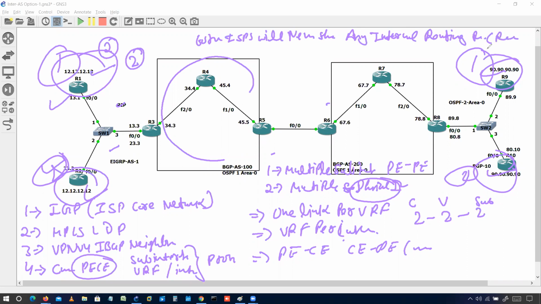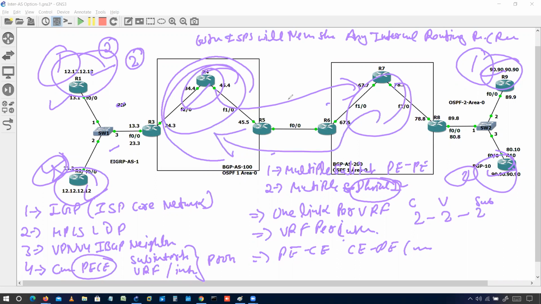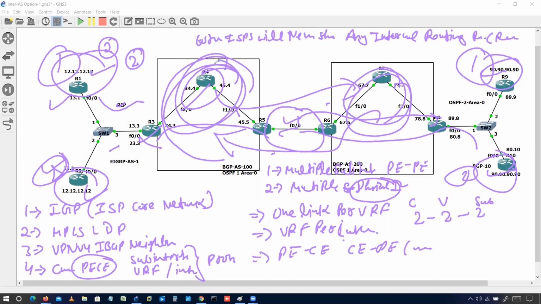So let's say this device has some routes, this core has some routes. These routes will not be here, and these routes of this core will never be here. It means we will just configure a neighborship over these links, and these links will just pass the customer routes to this one, and the same here from this customer to this one. It means these routers will never have the other AS's information.